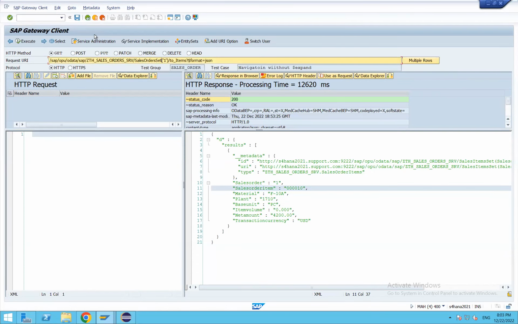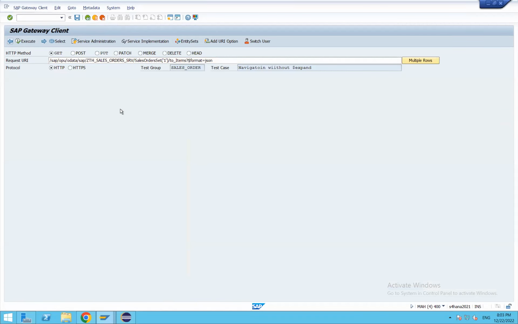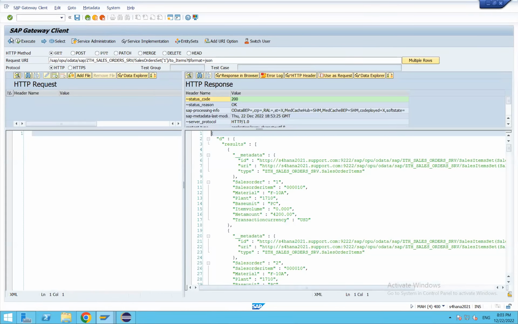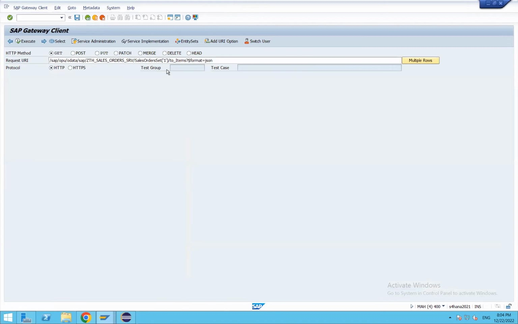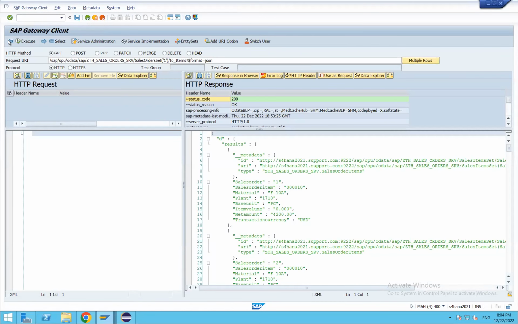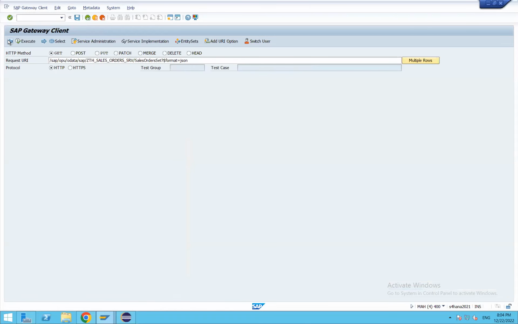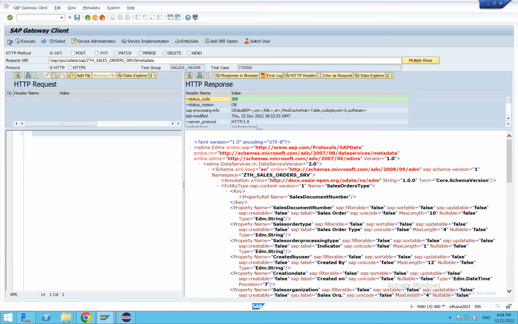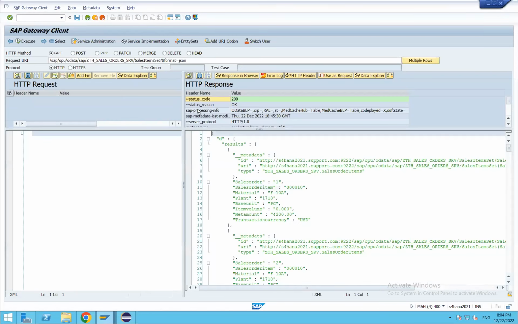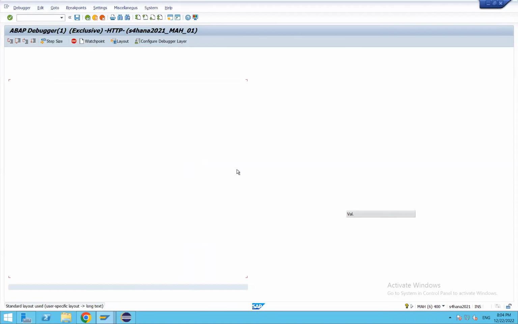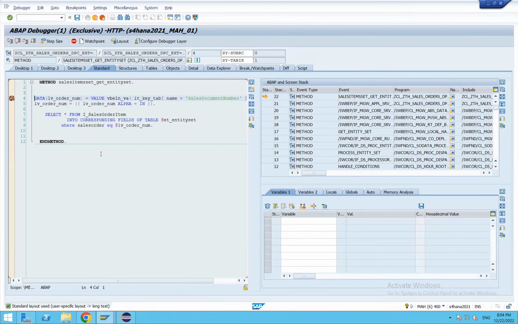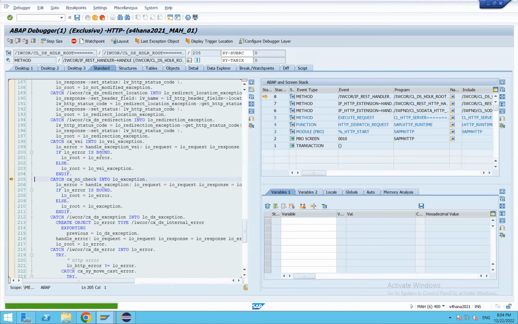And if you see, I'm just going back. Sales order set. Where is sales order? I want the sales order item set. Yeah, sales order item set. So let me execute this one. Now we are not going to receive anything. We are going to end up in an error. It's a runtime error